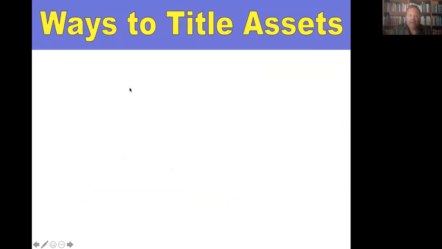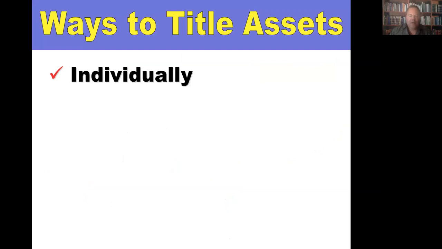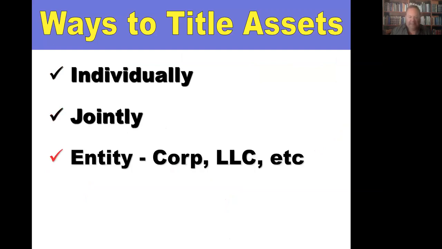So what I discuss is different ways you could title assets in this section here. So number one, you could put it in your own name individually. That's pretty dumb. You could hold it jointly, which could be twice as dangerous. If you have someone who's not your spouse, maybe a partner or a friend or a relative, you're not only exposing your property to your own problems, but to their problems. So that's not a good idea either. You could put it in an entity, such as a corporation, LLC, limited partnership, etc. That's a very good choice because it protects you from liability, but it doesn't give you anonymity.